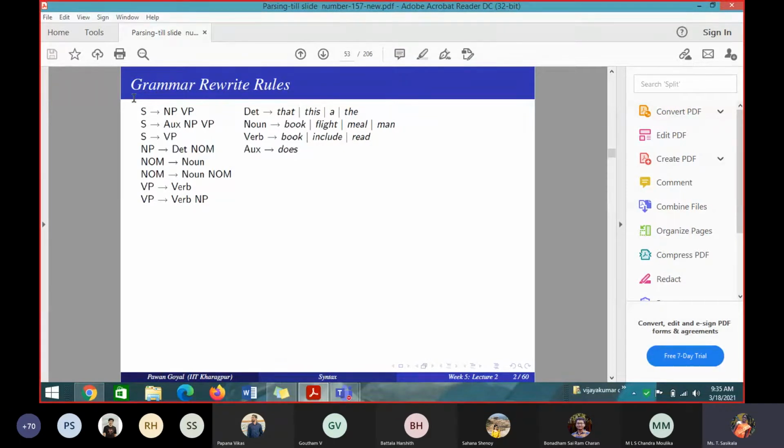So in the top-down method, I'll start with what and end with what in a parse tree? In top-down, we start with a sentence and end with the lexicons. Very good. In bottom-up, the other way, the reverse: from the lexicon, each and every word, I will be deriving the sentence.